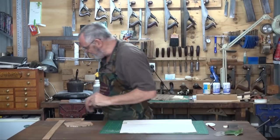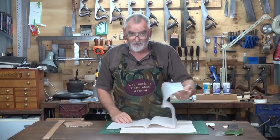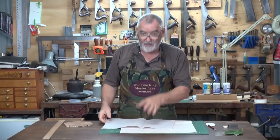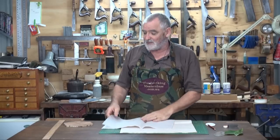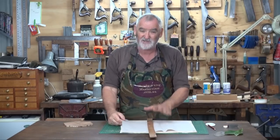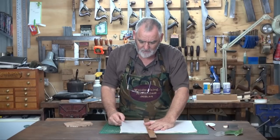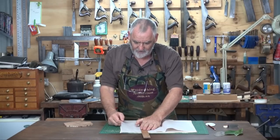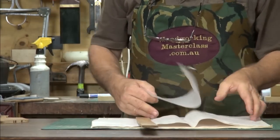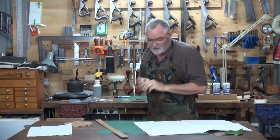Now, to do marquetry, you need tracing paper. I think it's called architectural tracing paper. Ordinary greaseproof paper is absolutely fine. It's just if you're using this and you come across a design that you really like, it tends to last a lot longer, therefore you can keep the design and use it again and again. A nice and sharp 2H pencil